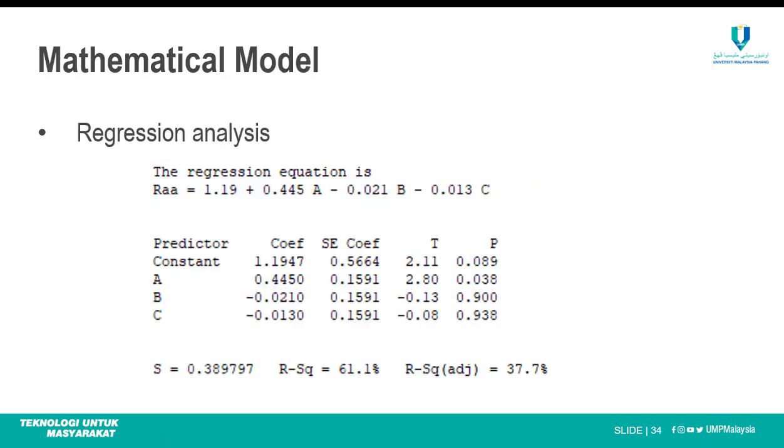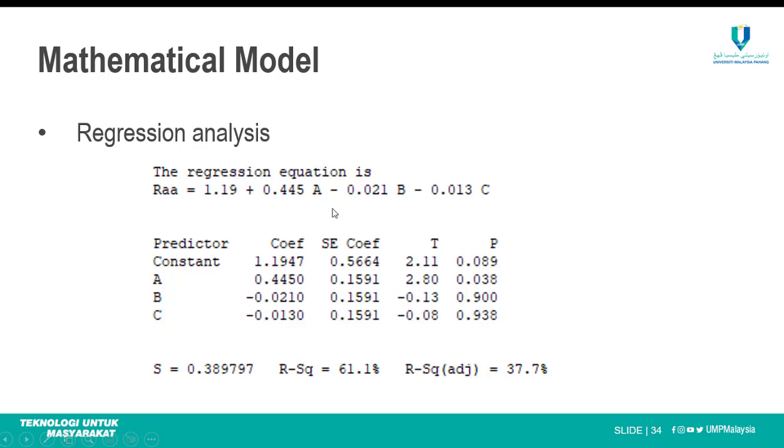Then on top of that, we can also generate a mathematical model in Minitab by using regression analysis. So the regression equation is this one. We can generate the regression equation, which can be used to predict the surface roughness when we plug in different parameter values. But if we look at this model, this is the first order model, which means that this is a